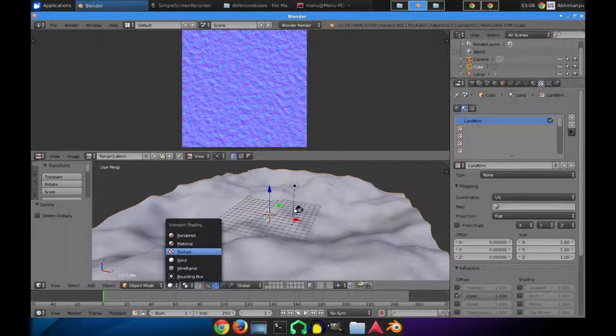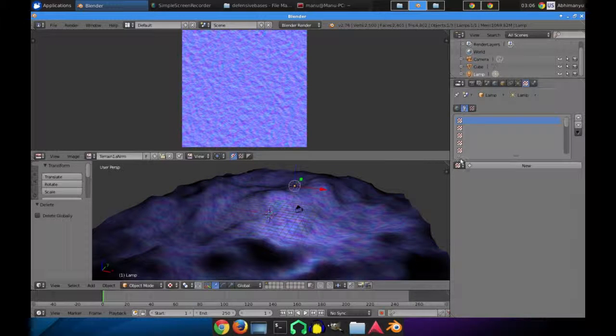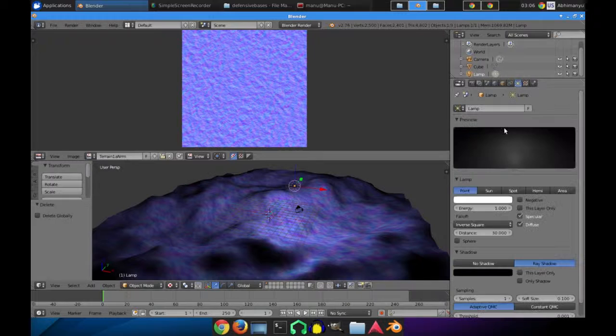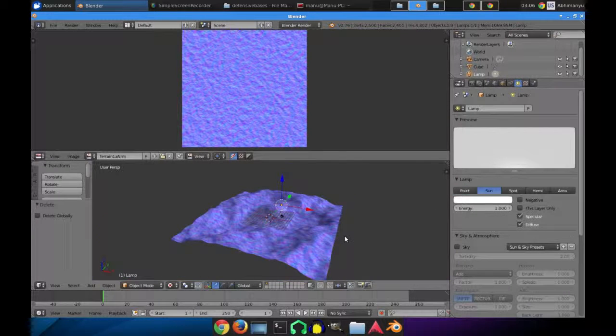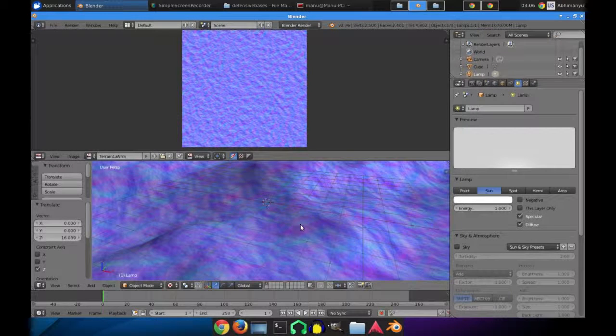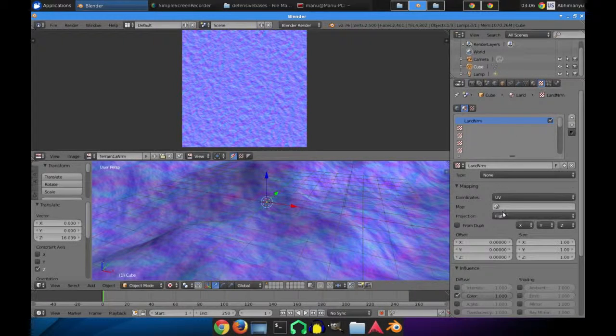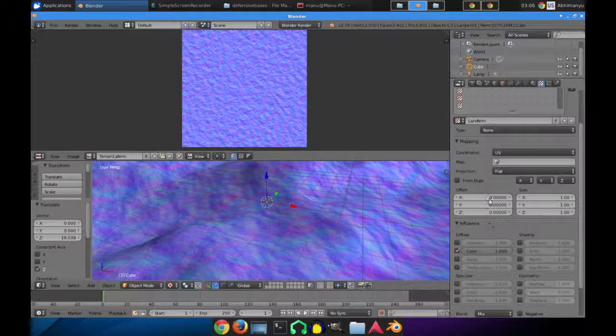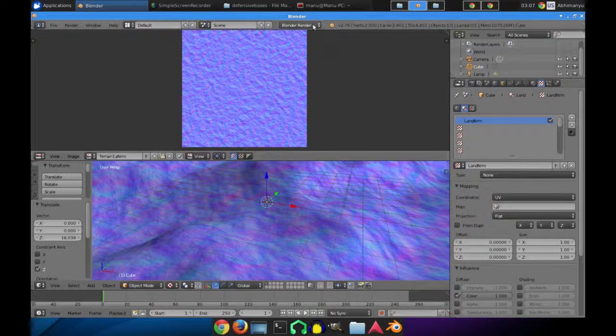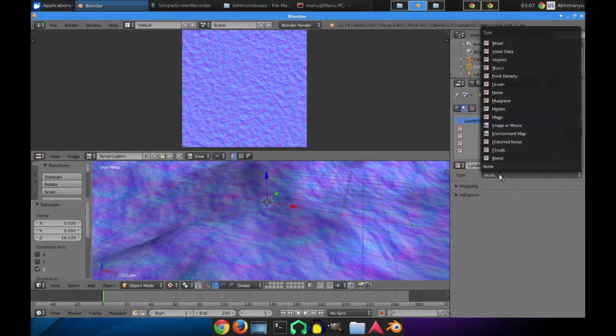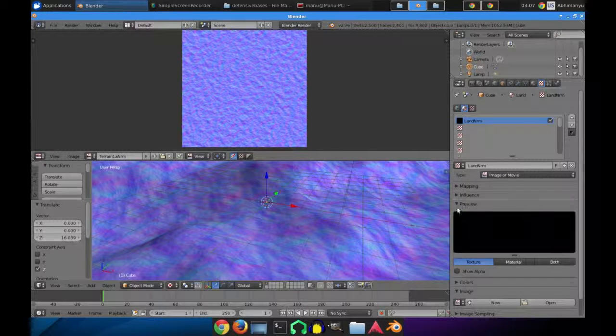Let's go into texture mode. Change this lamp to a sun lamp. It's looking weird now, but I'll fix it in a while. Okay, now in this type we'll select image or movie, and from the image we can select this image,